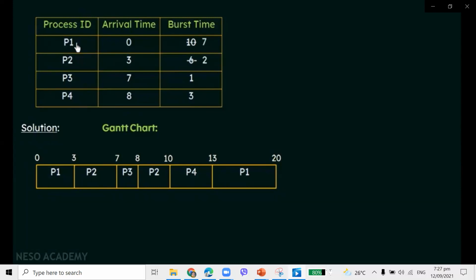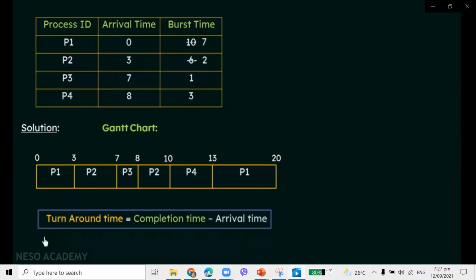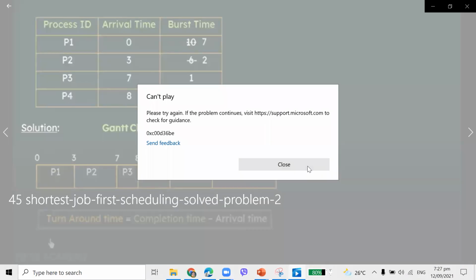So for that, we have to first calculate the turnaround time for these processes one by one. So what is the formula for turnaround time? The formula for turnaround time is completion time minus the arrival time. So we know that turnaround time is actually the time that the process takes for its entire execution, including the time it was waiting. So the turnaround time will be the completion time, the time when the process